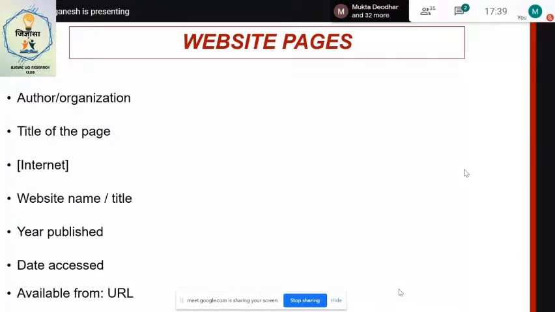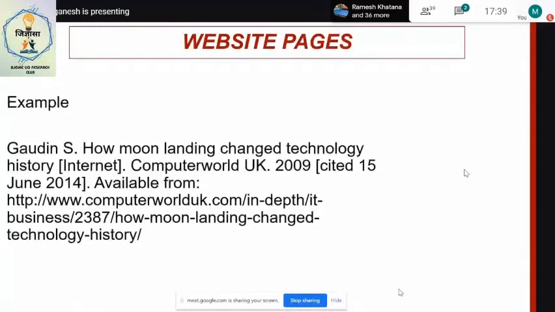A friend of mine, Dr. Ajay Kumar, who works with the Union, which does a lot of work in the tuberculosis area, gives this additional tip: save a screenshot of the page on the day on which you access it. So that if somebody says, no, I don't think there was anything like that, you can show that screenshot. So that's an additional tip. So here is an example of a website page reference. There's the author, there's the title of the page, the word internet, the source, year, the date cited and